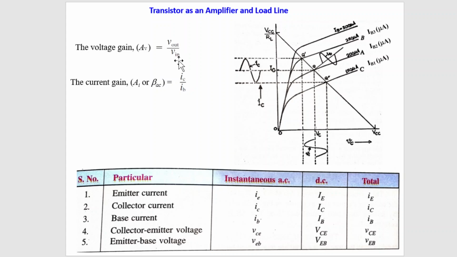Okay. Similarly, current gain is denoted as AI or beta AC, or sometimes, if it is a common emitter transistor, we call it HFE. AI, HFE or beta AC, all are the same current gain. That is output current upon input current. Remember, these currents are instantaneous signals: small i c divided by small i b. But in the case of beta DC, if you remember, we denoted capital I C upon capital I B. That is the difference.